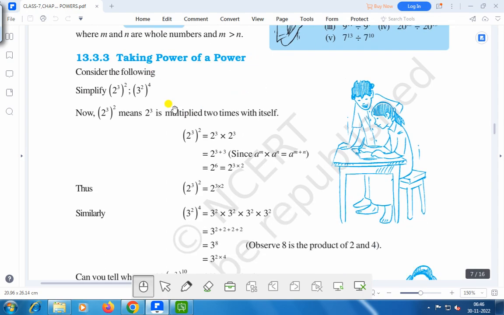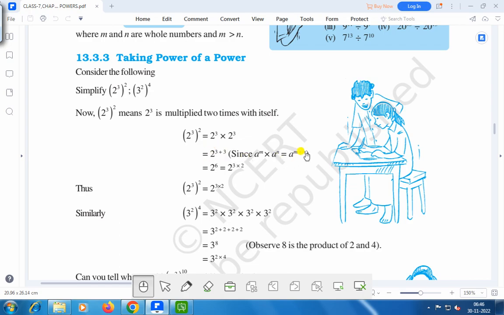Taking power of a power. Take 2 to the power 3 whole to the power 2, or you can write 3 to the power 2 whole to the power 4, right? 2 to the power 3 whole to the power 2 means 2 to the power 3 is multiplied 2 times with itself, right? That is 2 to the power 3 into 2 to the power 3,